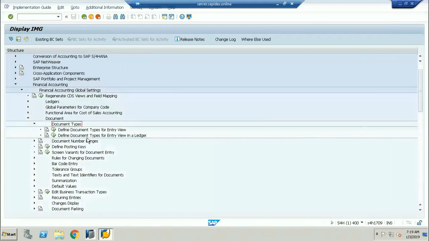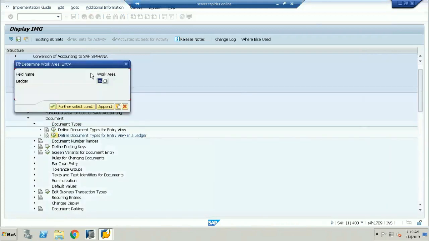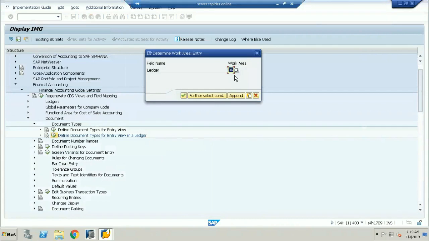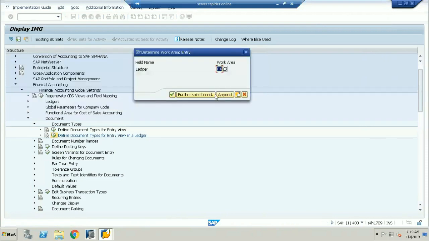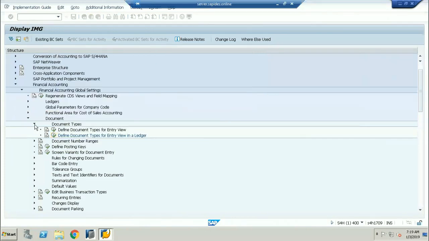If I go into the ledgers, you can specify the ledger here, whether you want to specify for OL or N1. But leading ledgers will always be the default. If I press enter, it will say function not permitted for the leading ledger, because leading ledgers always use the entry view. So if you want different document types for the non-leading ledgers, you can use it here. This is a specific type of setting that I'll explain when you come to the next sessions.